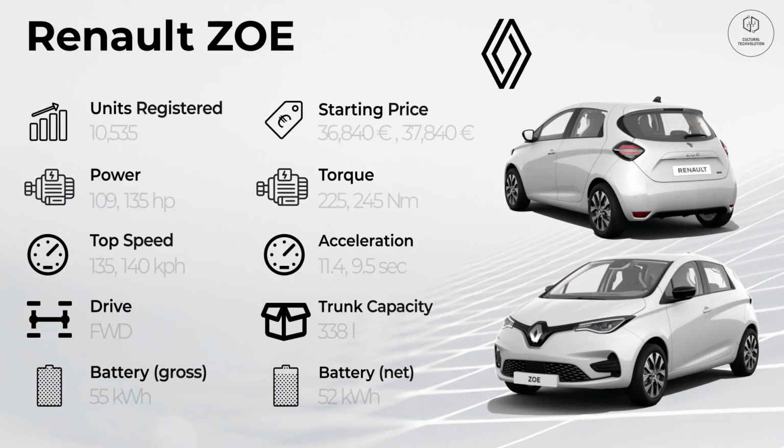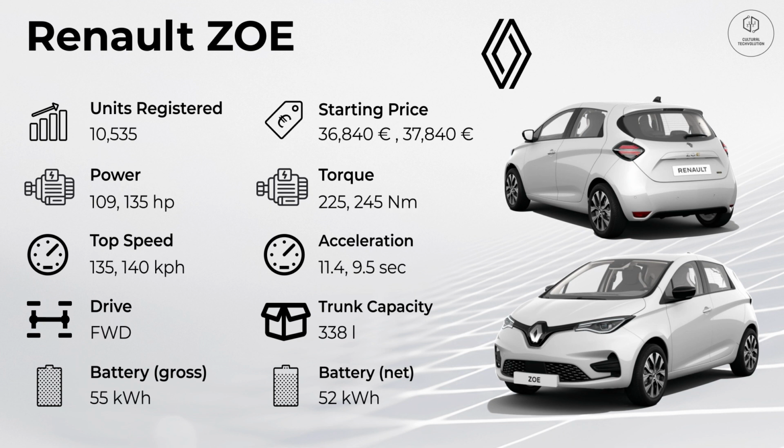At number 8, it is the Renault Zoe with 10,535 new vehicles registered in 2022. This stylish and efficient electric vehicle has become a popular choice among consumers looking for a practical and affordable electric vehicle, and was the third best-selling electric vehicle in 2021 in Germany. It has very well all-rounded specs, and with the two base versions, considering the subsidies, they both are below 30,000